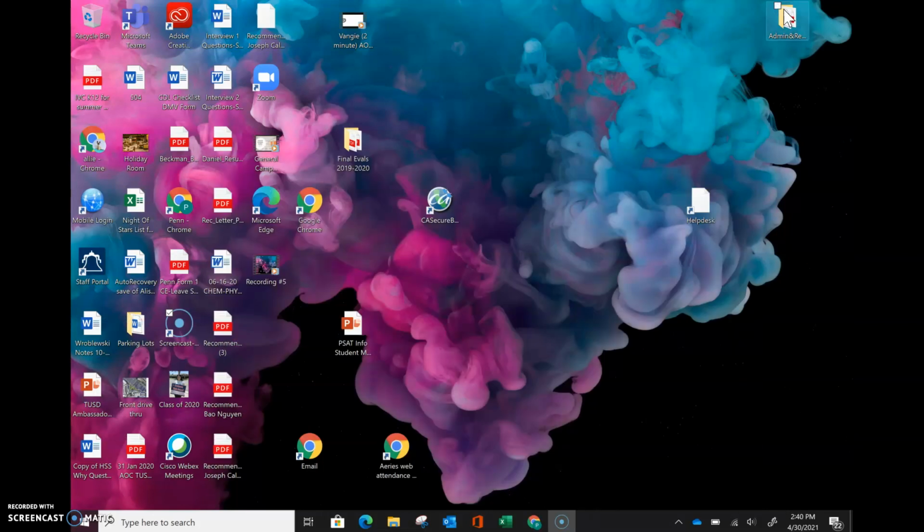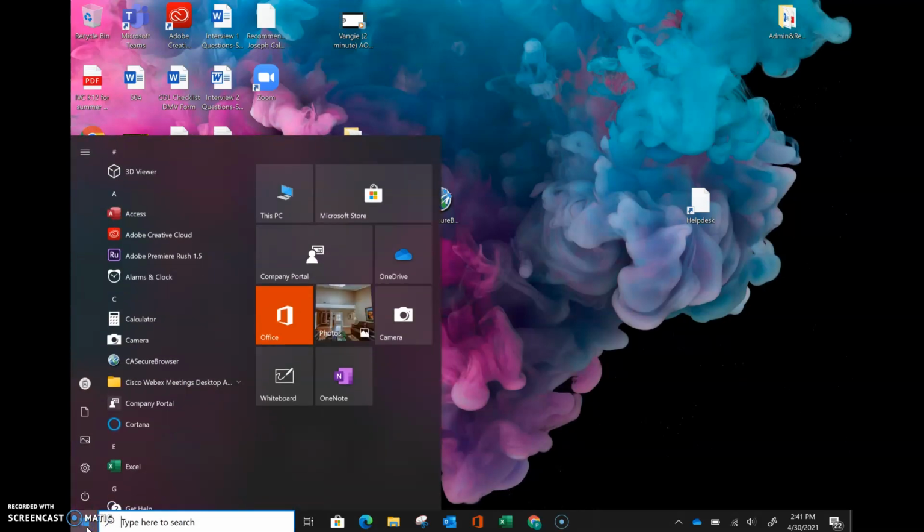Okay. All right, I'm going to show you how to check to see if you have a secure browser, and if you don't have it, how to get it. So here's what the secure browser looks like. You should have one of those if it's on your Tustin Unified laptop. If you don't, you go down into the Windows icon down here at the very bottom left-hand corner. It's that Windows symbol. Hopefully you can see it. And you click on that, and up will come this